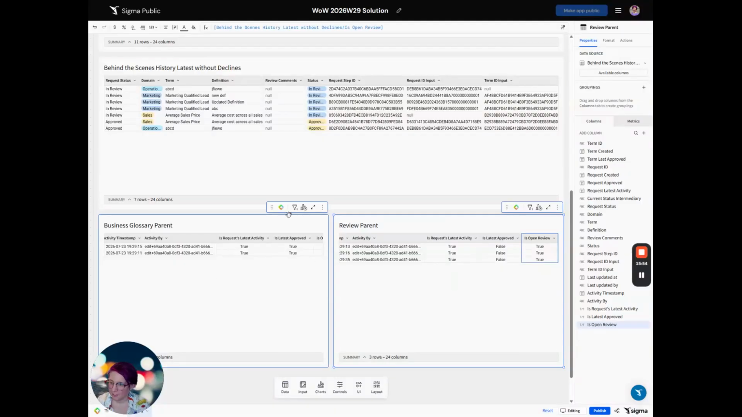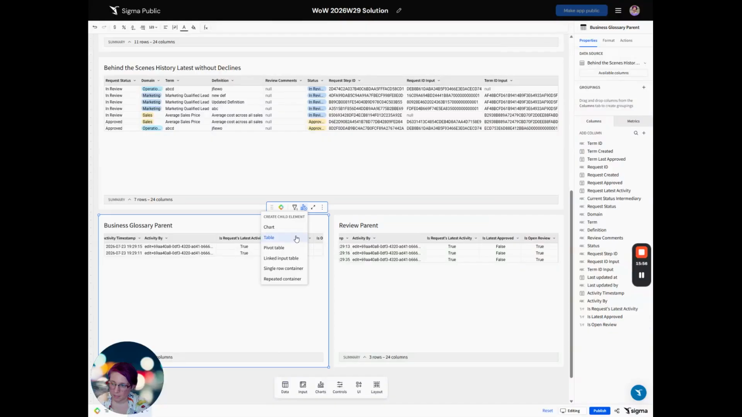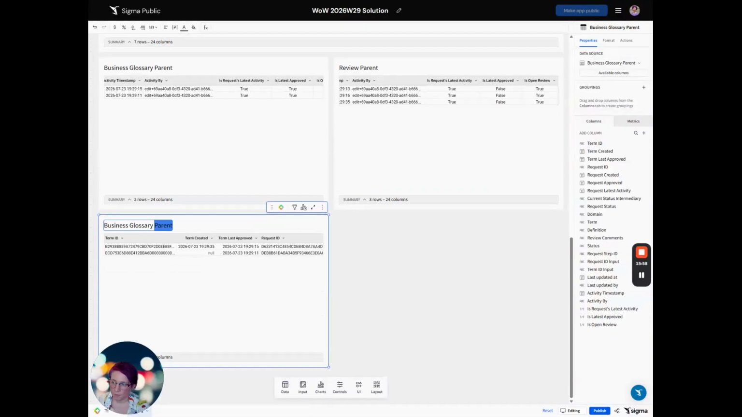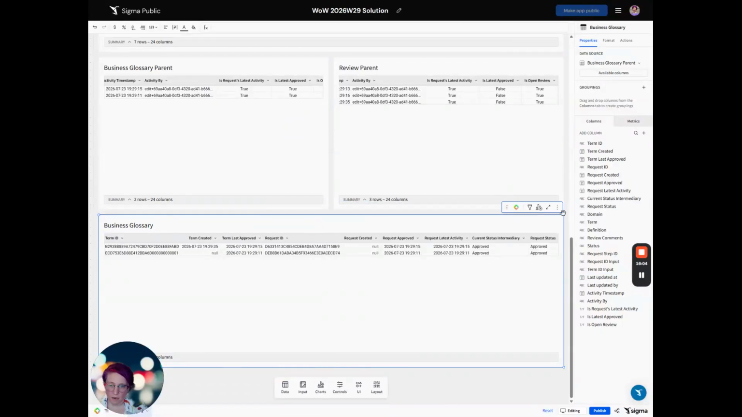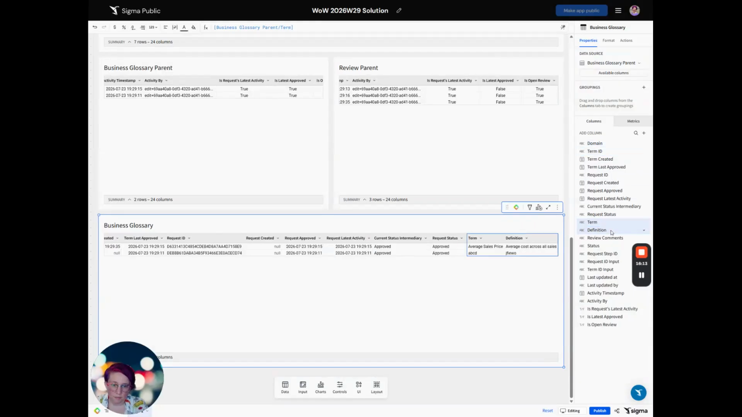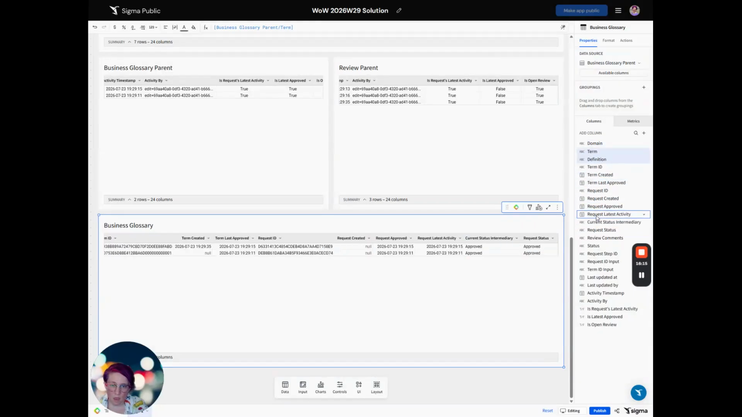First, I'm going to create a child off of my business glossary parent, and I'm going to rename this business glossary immediately. And then I'm going to make sure I'm only showing what I want to show. I want to show domain, term, definition, and term created, term last approved,